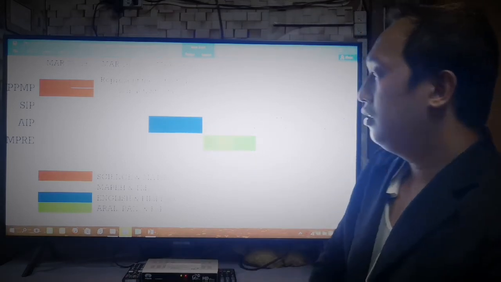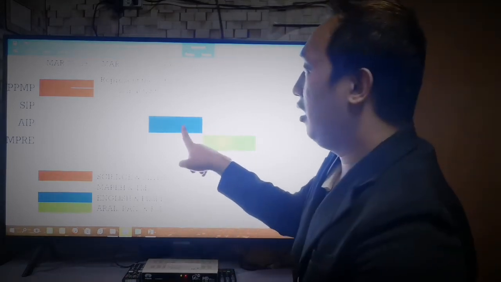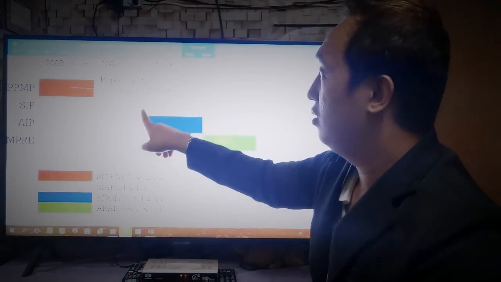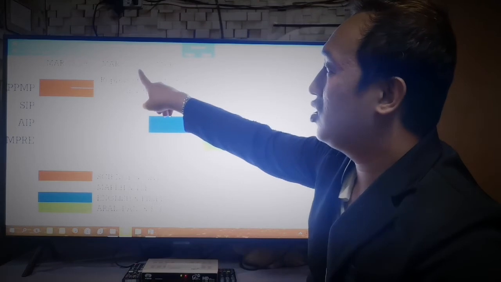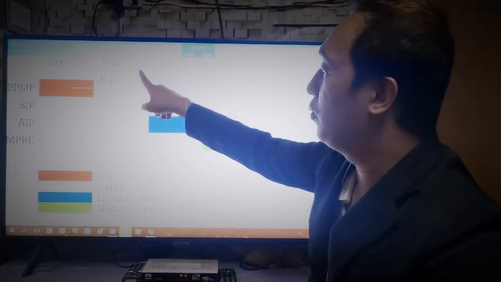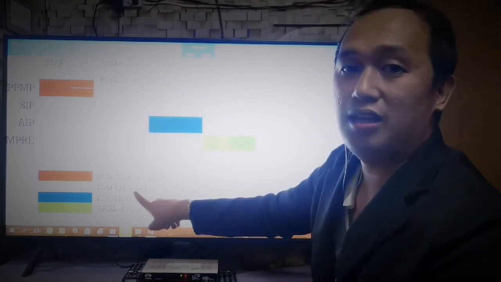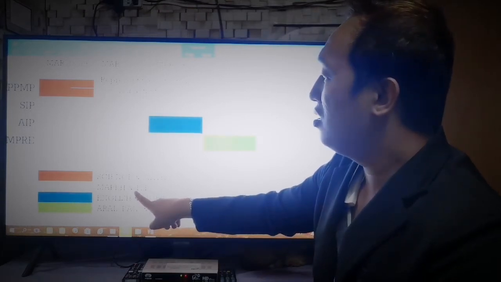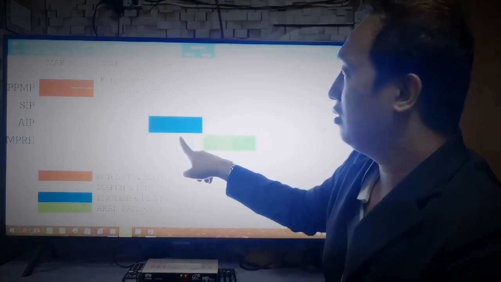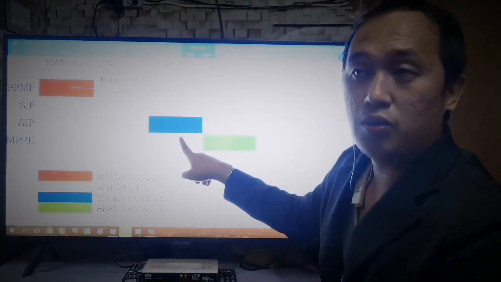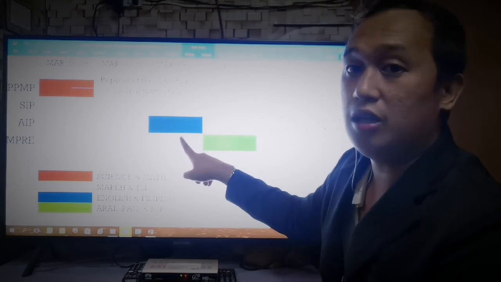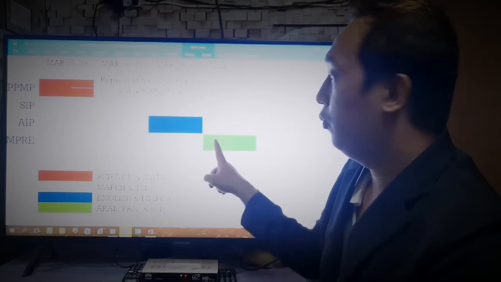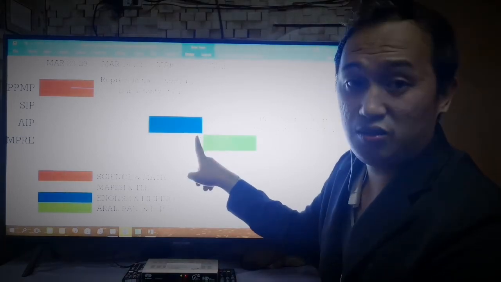After that, they will use the AIP and EMPRE information for the school improvement plan on the target dates March 16 to 22 by the MAPE and the TLE department. So again, once the task is not performed well or not finished within 5 days, of course, the entire chart will be adjusted also